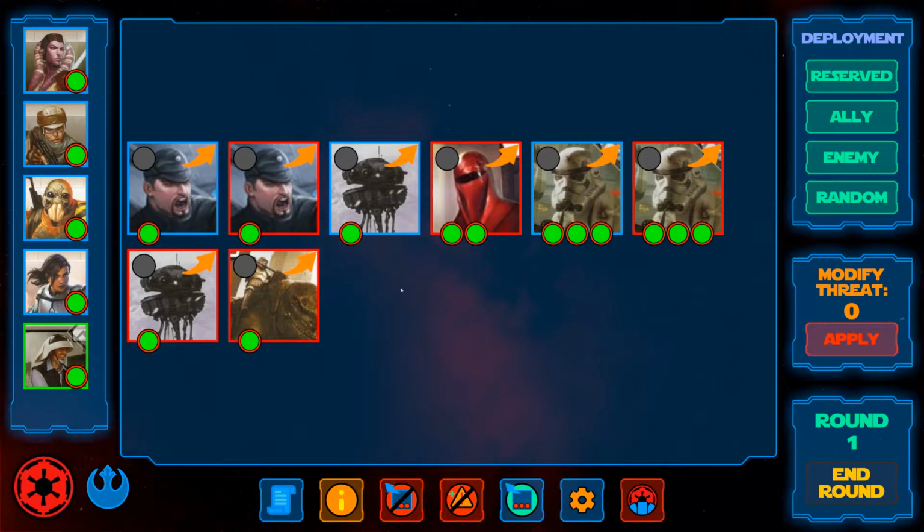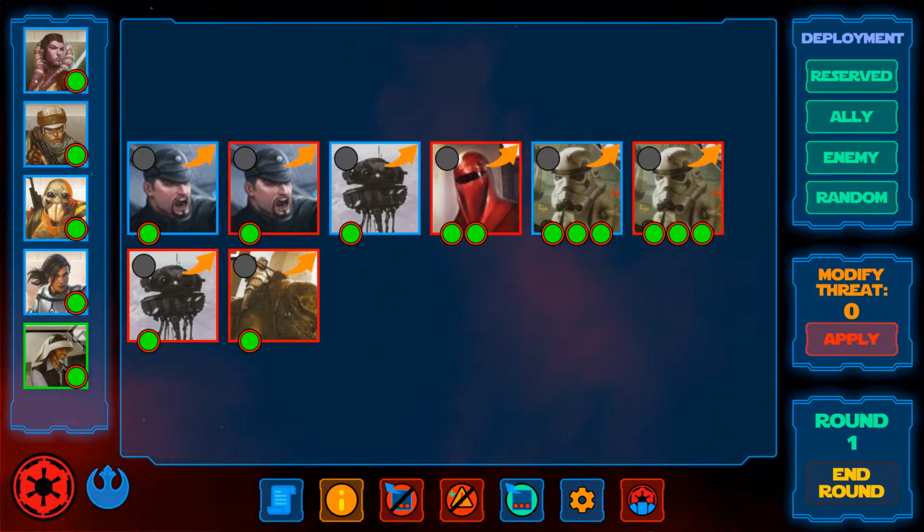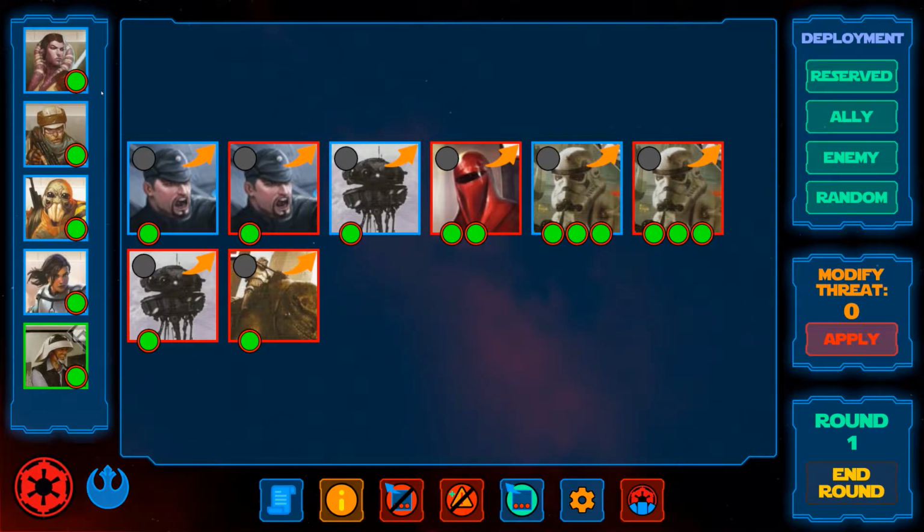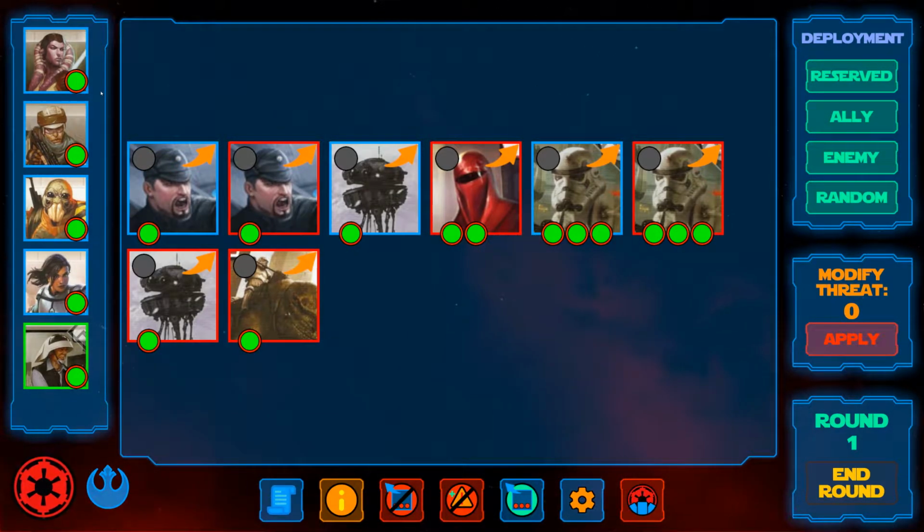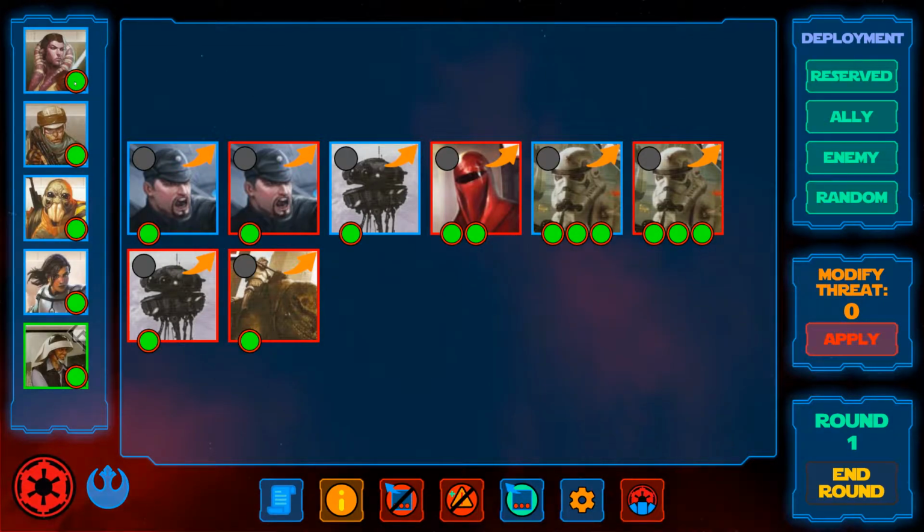I'll begin with the Rebels section. This part of the screen shows your heroes and any deployed allies as well as the state of health therein. Please keep in mind that Imperial Commander does not handle Rebel activations. Just use the activation tokens provided with the game, as usual. The circle at the bottom is to toggle a hero between healthy, green, and wounded, red. This is important because the app usually only targets healthy heroes.